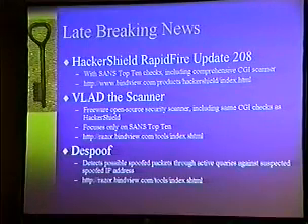Vlad the Scanner, okay? And this is freeware, it's open source. It was written by all the members of the Razor team. They all contributed various pieces of code, so it's half in Perl, half in C. It's a goofy hybrid thing there. All it does is check the top 10 security list. And even though it's freeware, to make it worth your money, we made sure that the CGI checks in there are the same CGI checks that the Hacker Shield does. And so that's a pretty cool thing.